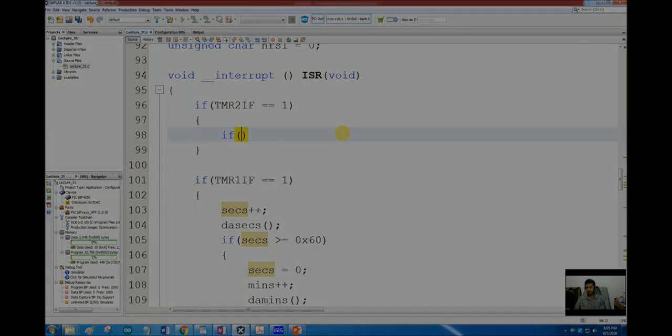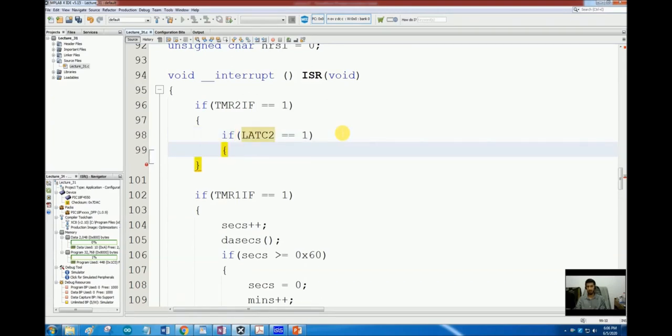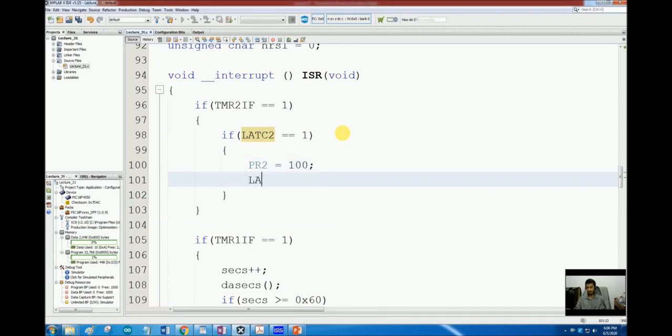RC2. If RC2 is equal to 1, what I want to do is set it to 0 and give a delay of how many microseconds? 100 microseconds. So PR2 is equal to 100 and RC2 is equal to 0. It will check if the interrupt came at that point, if the value of RC2 was 1, it will set it to 0, give a delay of 100 now.